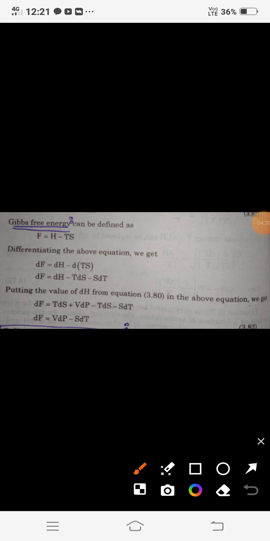This portion I am taking from the Maxwell relation to make you understand today's equation, the Nernst equation. First of all, you must know that Gibbs free energy F is equal to H minus TS. When we differentiate it, it becomes this way, as I made you understand in the previous lecture. And then we put the value of dH in the equation, then the dH value is TdS plus